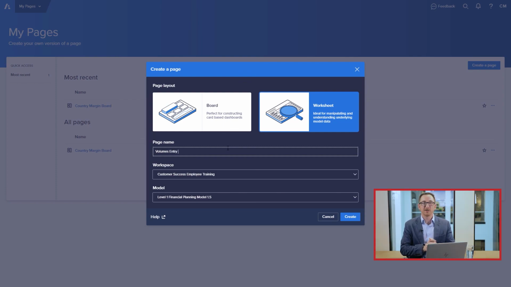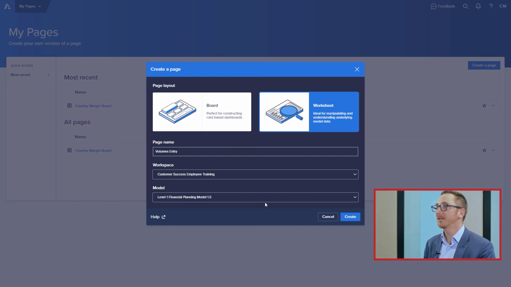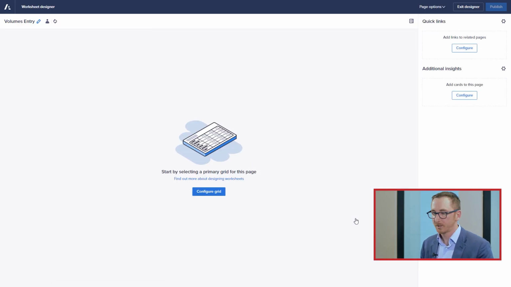In this case, you'll notice that it's saved my information from before. So it has the correct workspace that I need. It also has the correct model. If you needed to, you can just go ahead and select those different options. Make sure you're in the right workspace, the model that we were working for before, and make sure that you're using the selected model that we used. Now that we're ready, let's go ahead and click that create button.